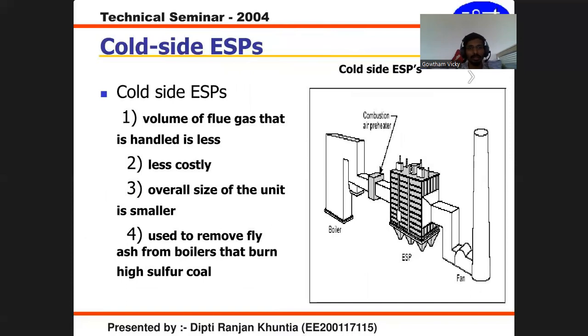Then the cold side area space is nothing but the volume of flue gases that should be handled is less, and then it should be less costly, and the overall size of the unit is smaller, and it can be used to remove the fly ash from the boiler, and it should be for higher sulfur coal systems. So